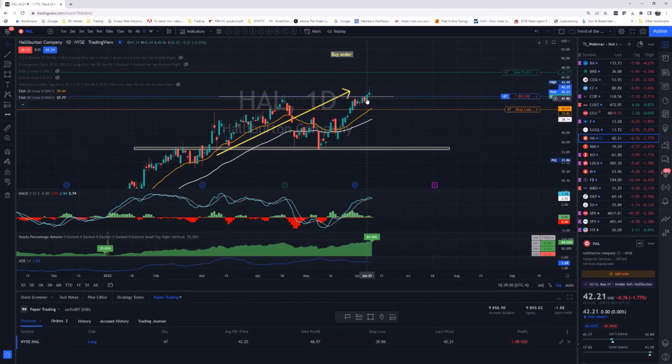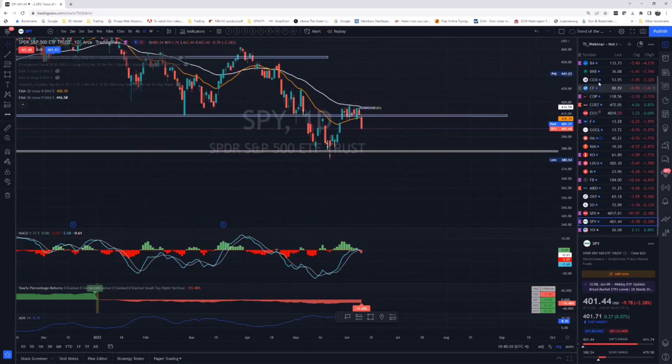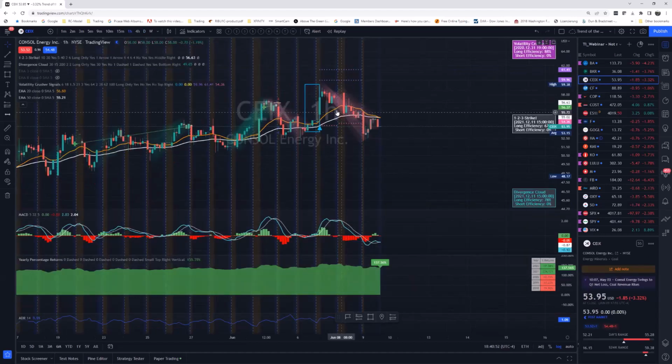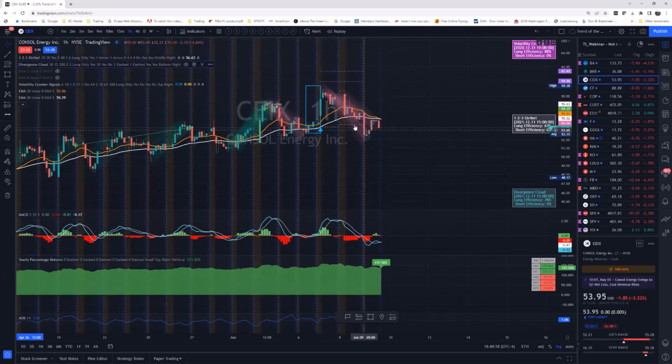Right now you see we were doing pretty well yesterday. Today we went down a little bit. I'm not too worried. We still have enough wiggle room here, and I'm still very much convinced it will go up. We had CEIX, which I took out. Here you see why. You see that we started to get into a bearish divergence here with the cloud. First, we had the volatility crusher giving us a nice signal, and then we have the bearish divergence cloud. So I took it off because I said, give it some time, and don't rush anything. We'll have to see what works.